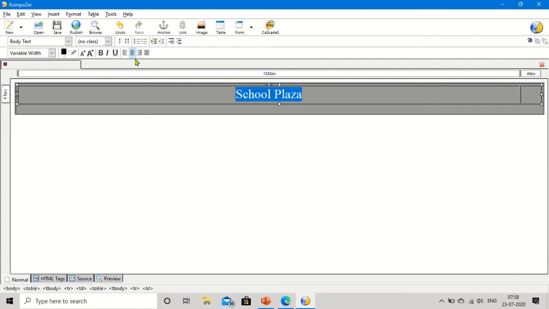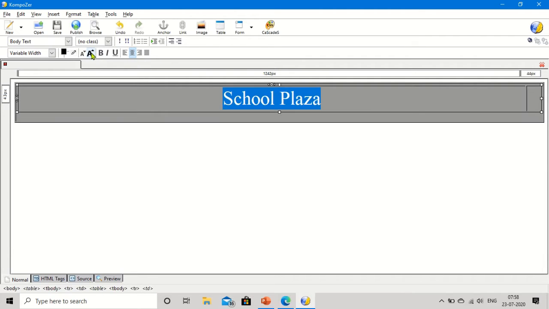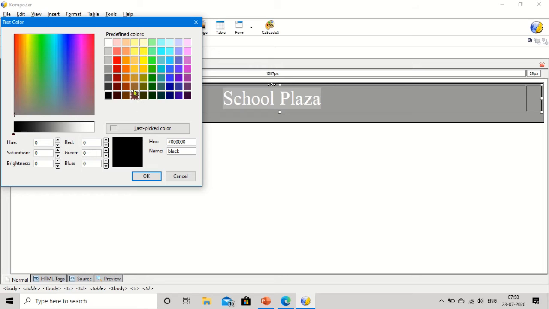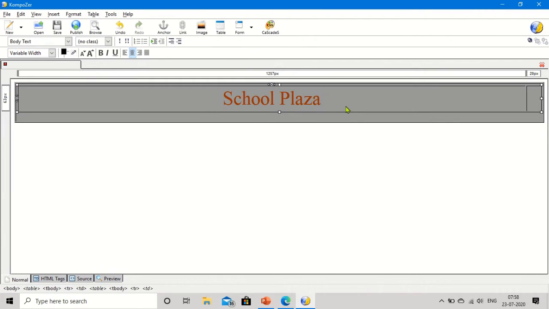You can see this text is coming in the center, and from here you can change the text color also. This is for the highlighter color, this is for text. You can change the text color, the color which you like. If you want some another color, you can change another color. I'm taking another color here, right? You can see, and come to the next cell.